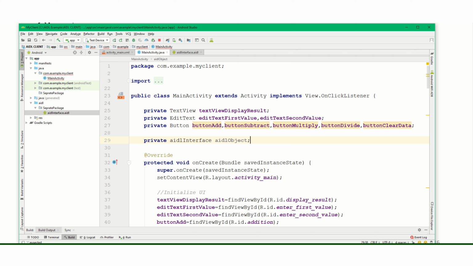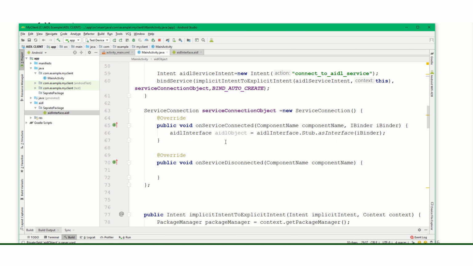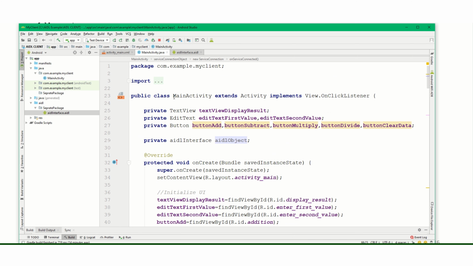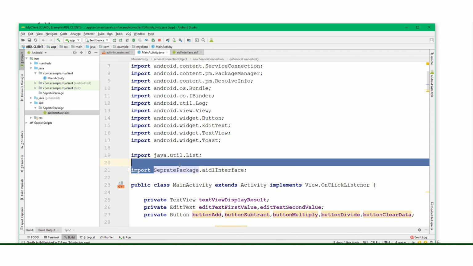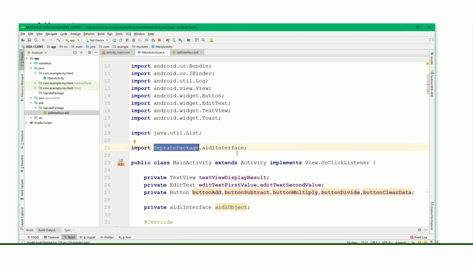You can name it anything. See, now it has automatically imported that package, the separate package that we have created, that has been imported in this file.